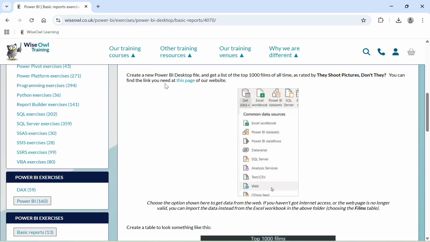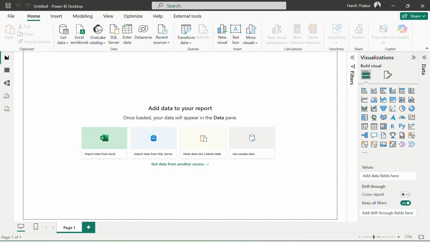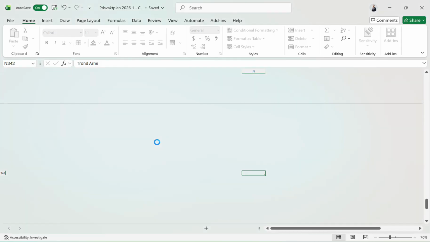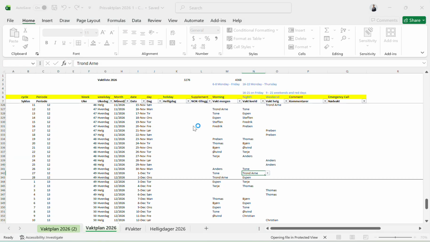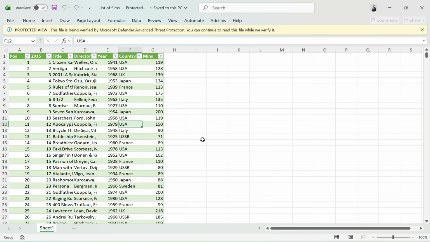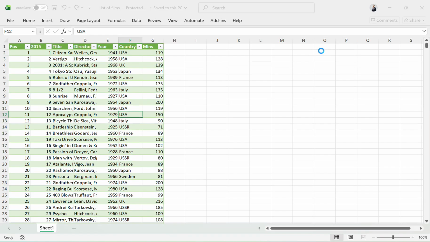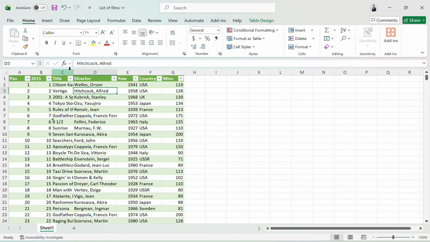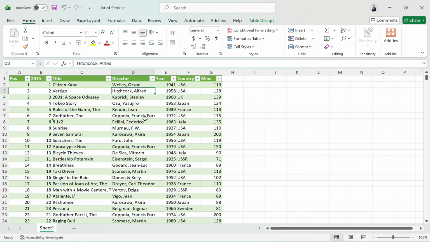You can find the link you need in this page, right? So this is our file and it's saying that you can find the link. So list of the link this. Yep. So this is the Excel where we have the links, I guess. So okay, so these are directly